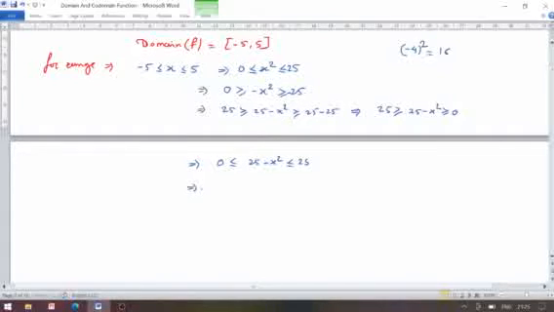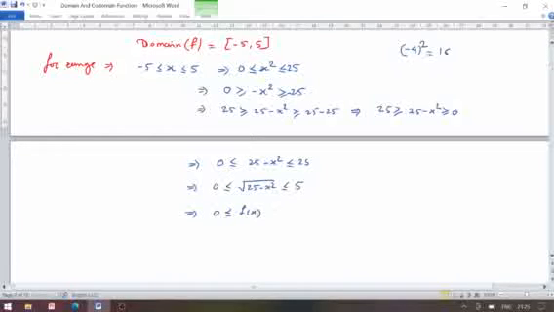So as per the given function, the 25 minus x square is within the square root. So after taking the square root, we get 0, since the square root of 0 is 0. So 0 is less than or equal to root of 25 minus x square, which is less than or equal to 5. So ultimately root of 25 minus x square becomes our f of x.